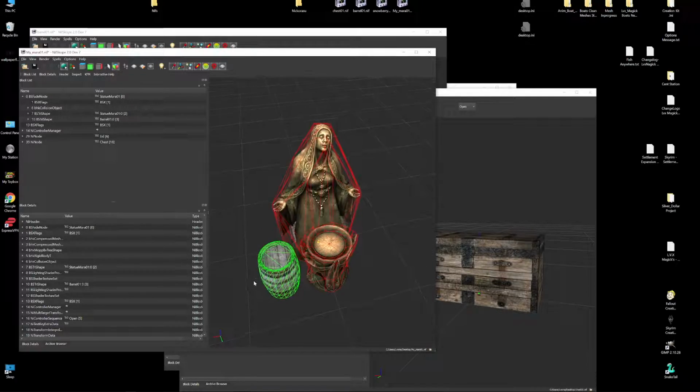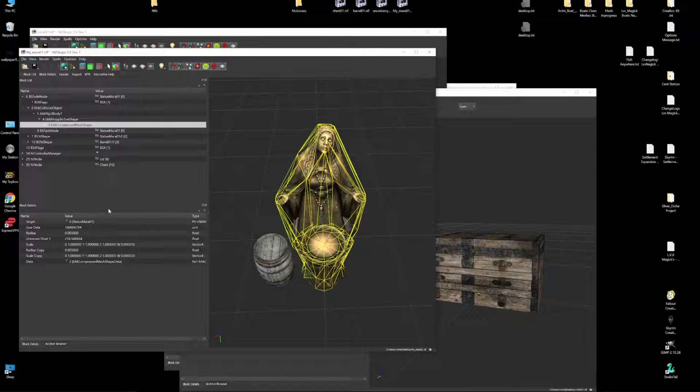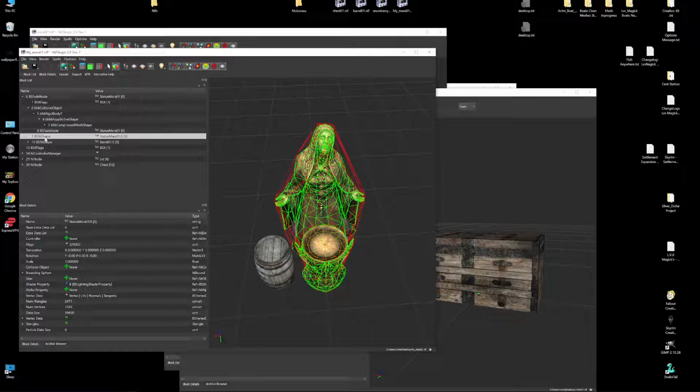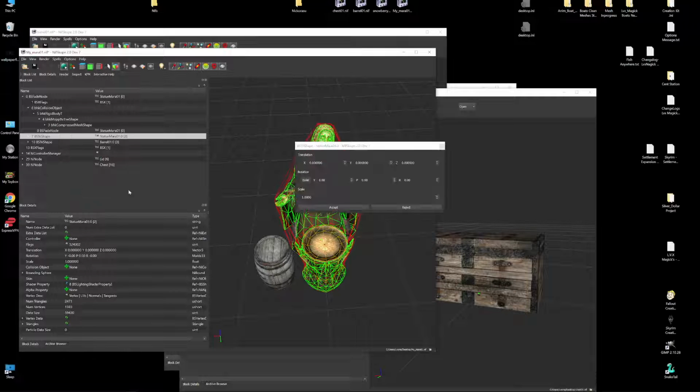But see, Mara is now in the way of it, and there's no way for me to move it around because I deleted the fade node, which has everything underneath it. So what I'm gonna do is just move Mara over a bit. Just click on her. There's an easy way to find her.